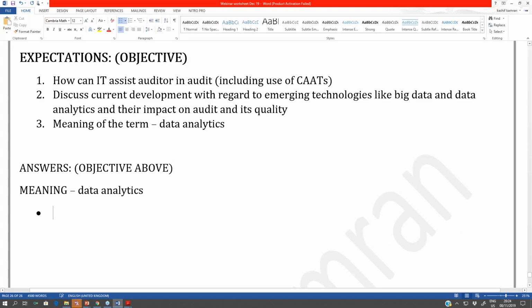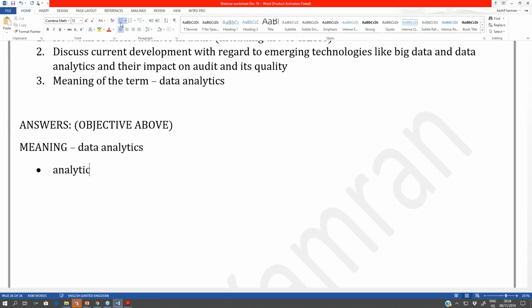Analytics means to analyze. What are we analyzing? We are analyzing the financial data of the client. So it's a way to analyze the financial data of the client, and that analysis will help the auditor in identifying